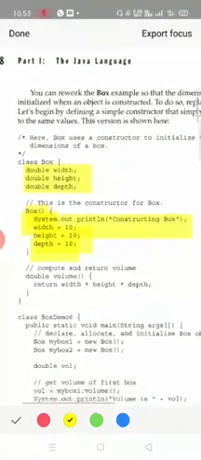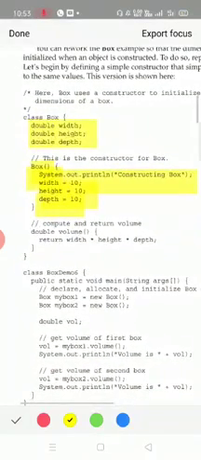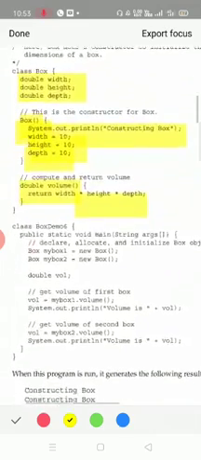Apart from that, the box class has another normal function. This is not a constructor; it has a return value of double, named volume, where you compute the volume of the box, that is width into height into depth, which is returned to the calling function.